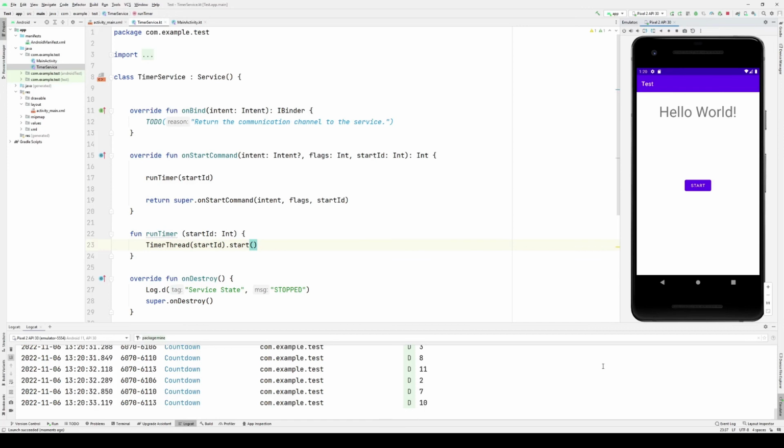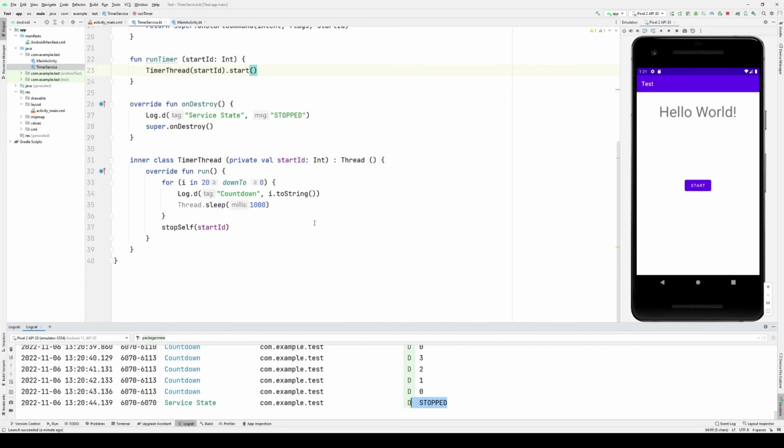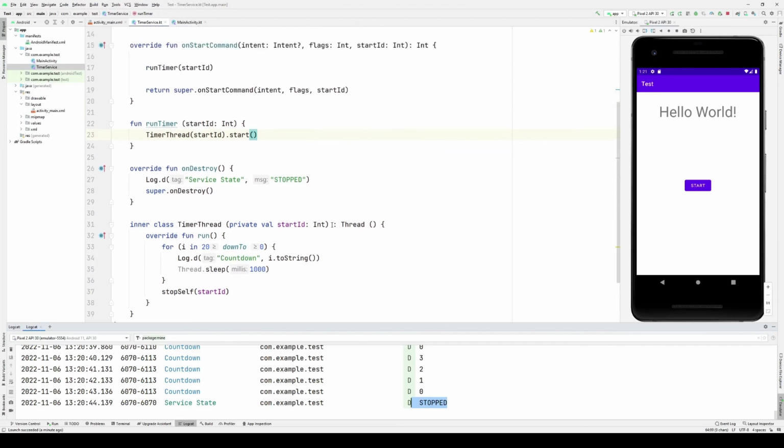But notice at the end, we don't see stopped. The most recent startId is not being used when the first call to stopSelf is invoked. The most recent ID is only used when the last call to stopSelf is invoked. So the service shuts itself down when it's finished running all the timers.